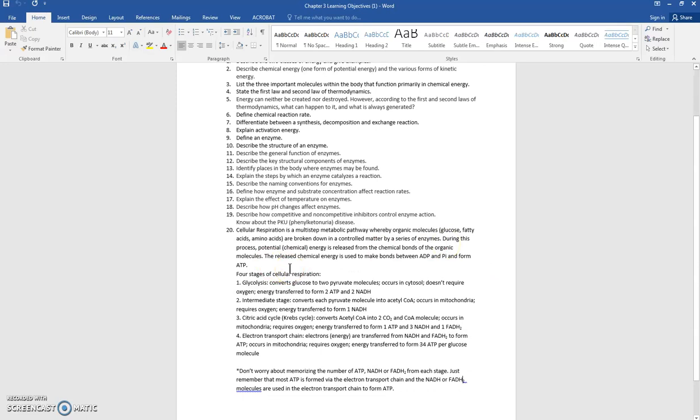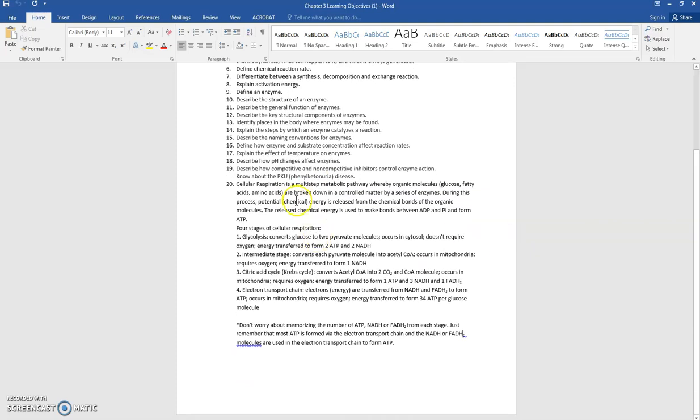Okay, and then, I don't have a number on this one, but I want you to know about this phenylketonuria disease, PKU. We will talk about that in class. We're going to do a case study on that. Okay, and then the last bit of information from this chapter that we should be familiar with is called